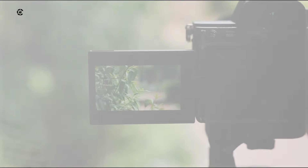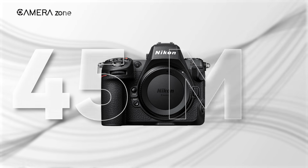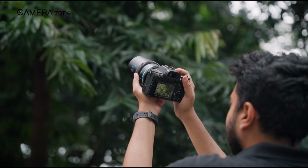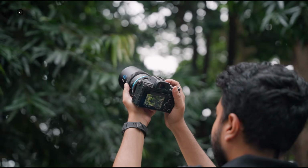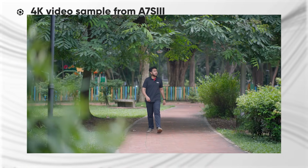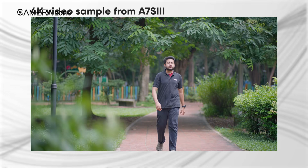In 2025, when cameras like the Nikon Z8 offer 45 megapixels without sacrificing video quality, the A7S III feels niche for video-first creators. Another slight drawback is the lack of 6K or 8K recording. While 4K is still king for most deliverables, clients are starting to ask for 8K, especially in commercial work. Sure, the A7S III's 4K is stunning, but its inability to oversample from a higher resolution means it's not future-proofed